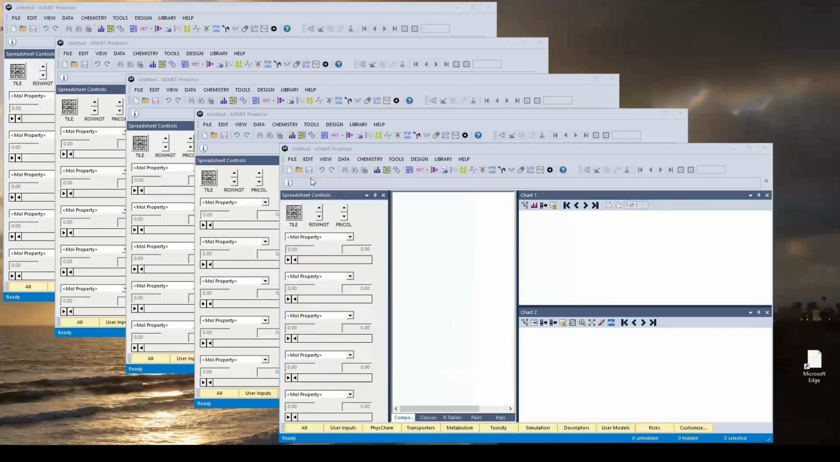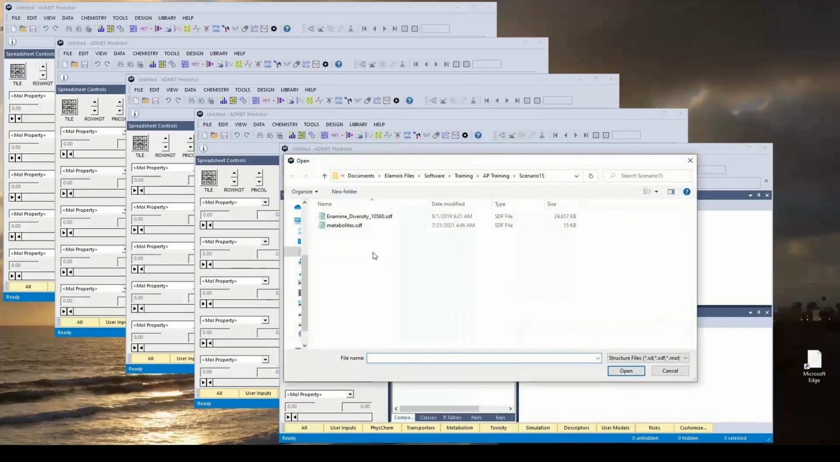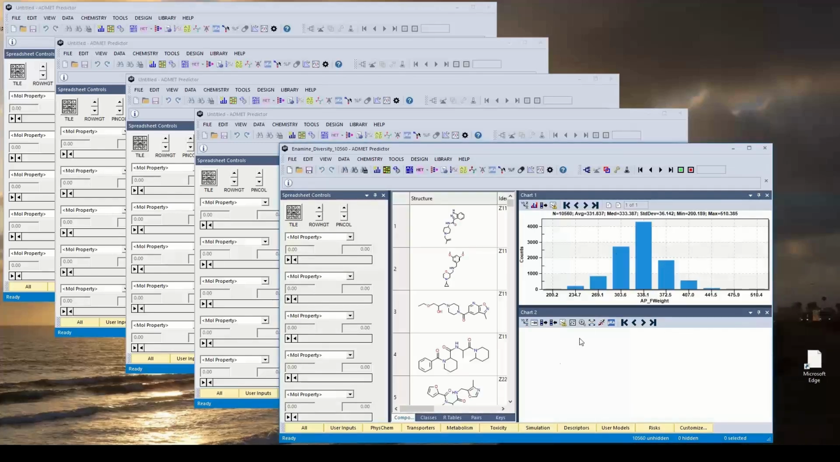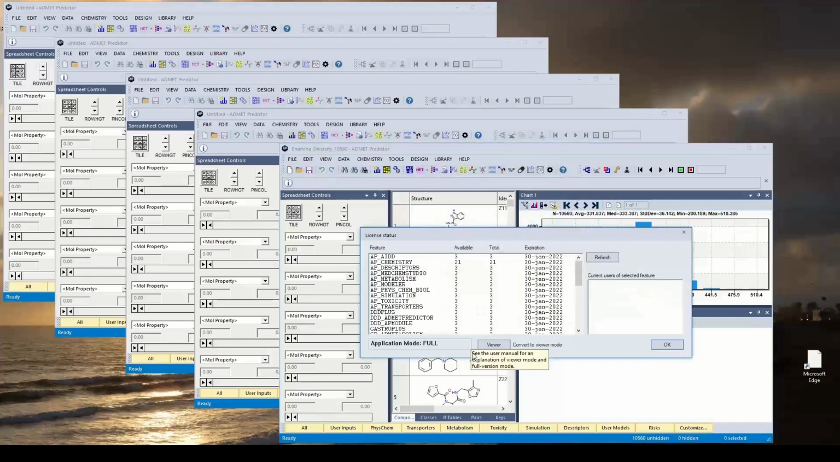So we can open a file here. We're going to open this set of 10,560 compounds, which is again a set of molecules coming from Enamine known as their diversity set. So we're going to open this with the IDs of the compounds being in the specified field. And if we go back to license status, as I said, that process of opening a file does not consume